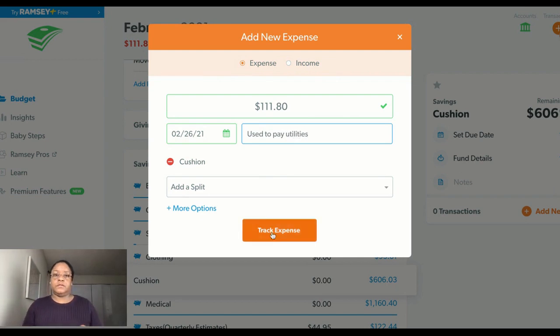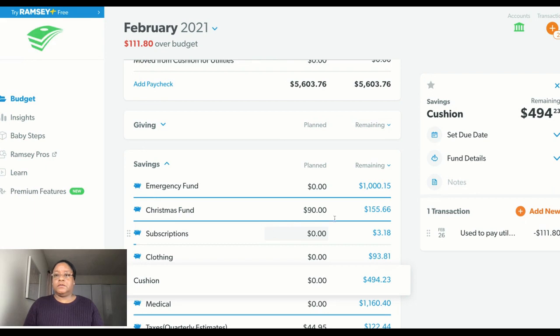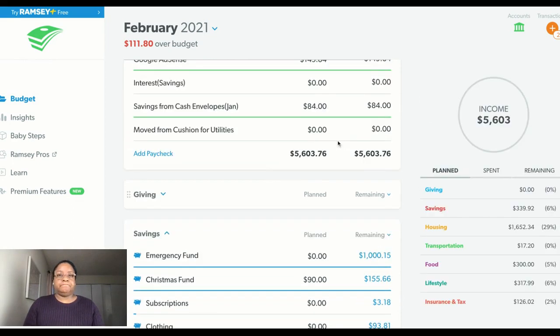There. So I remember that. So that's 494.23. And then I have to add in all of the personal money that I've had left that sits in my checking account, which would be good.